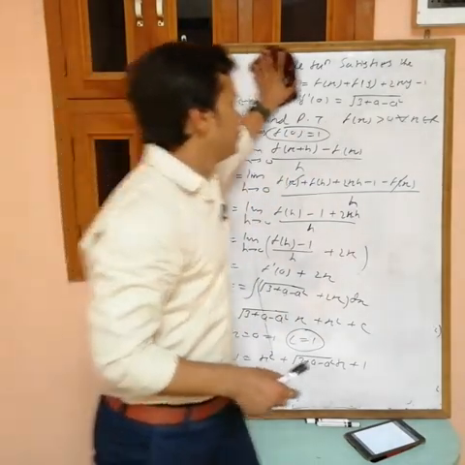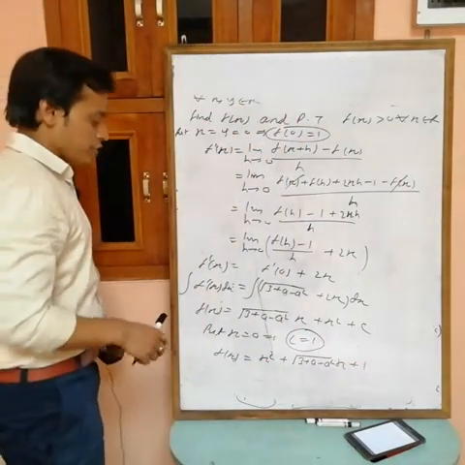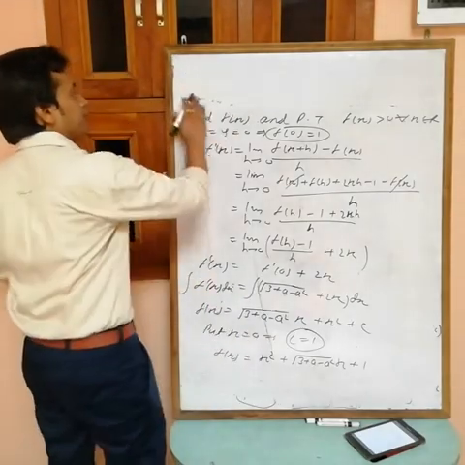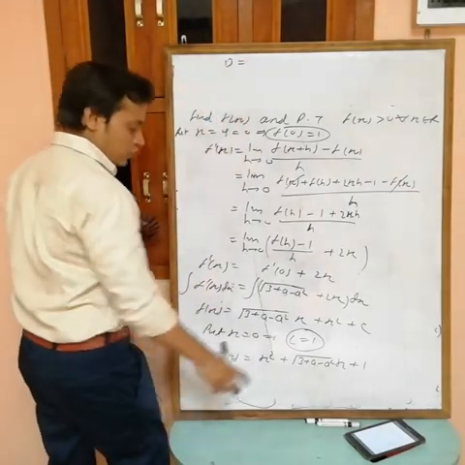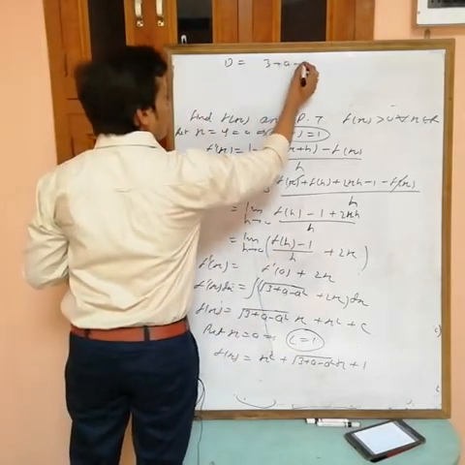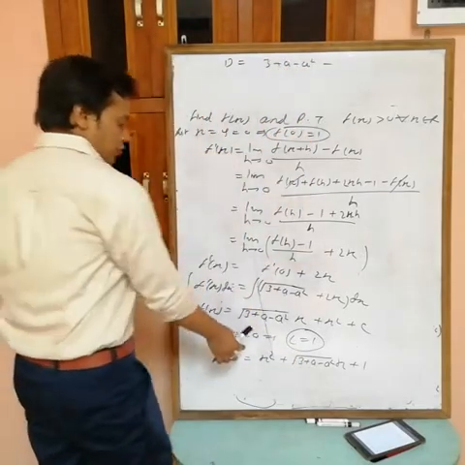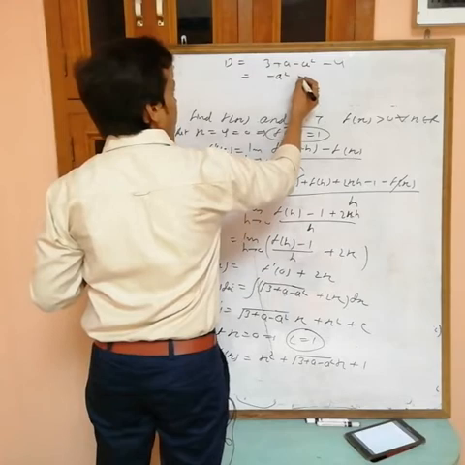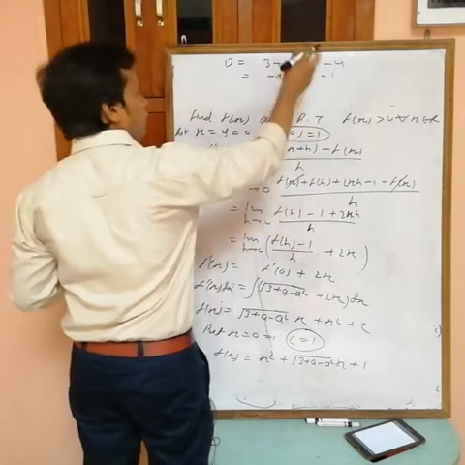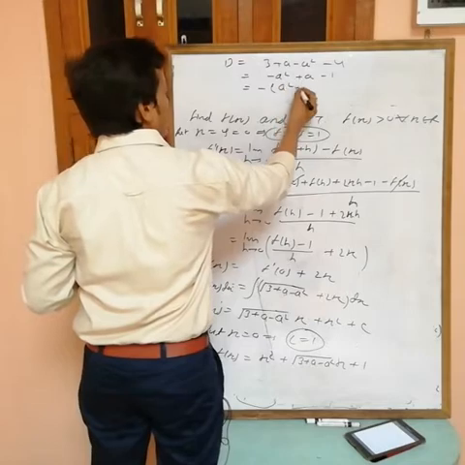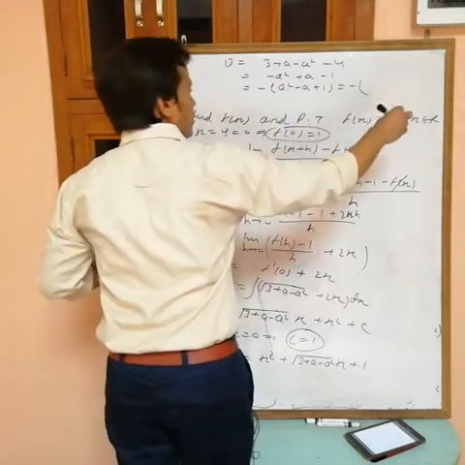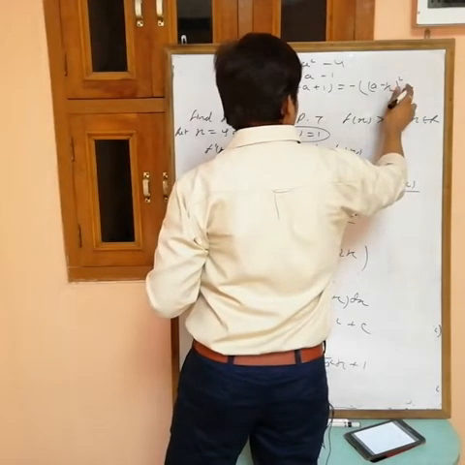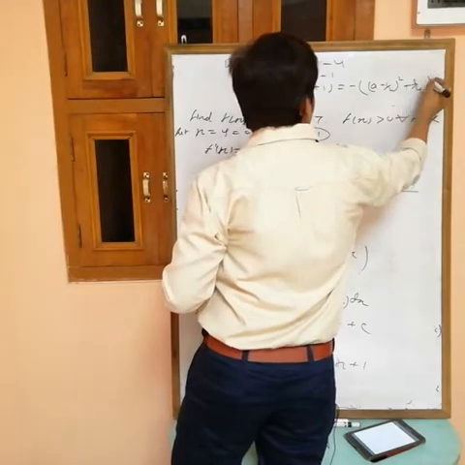So I want to prove that this f(x) is always positive. It will be positive if d is less than 0, so I am finding the value of d. Now d is equal to b square minus 4ac. B square is 3 plus a minus a square, minus 4 into a into c, so 4. What we are getting is minus a square plus a minus 1. If you solve this one, take common minus, we get a square minus a plus 1. I can write it as minus, a minus 1 by 2 whole square, minus 1 by 4 plus 1, which is 3 by 4.